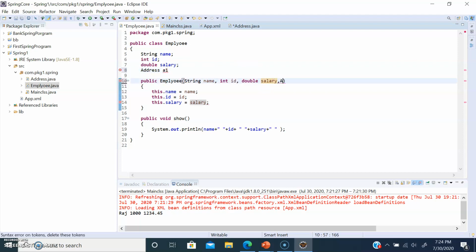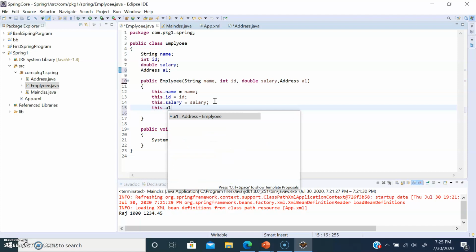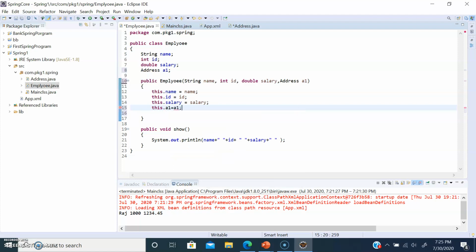So here I'm going to say Address A1. So I'm going to say this.A1 is equal to A1, and here plus A1.